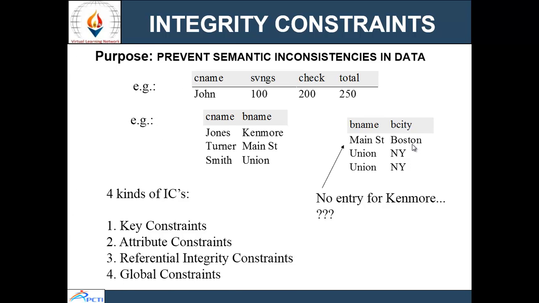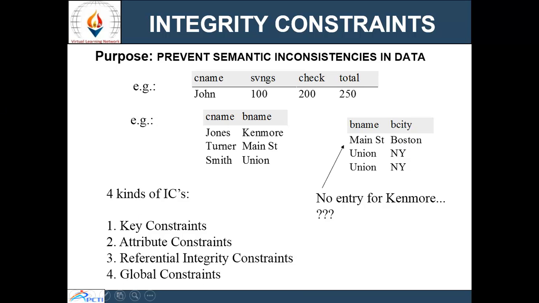First of all, integrity constraints. There can be various integrity constraints like key constraints, attribute constraints, referential integrity constraints, and global constraints. The purpose of applying these integrity constraints is to prevent semantic inconsistencies in data.